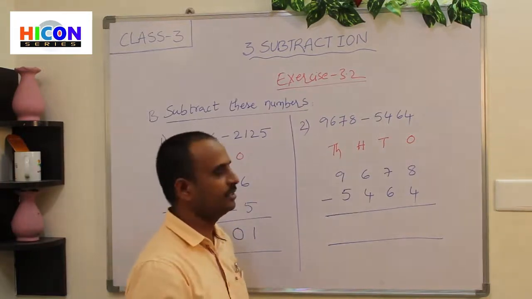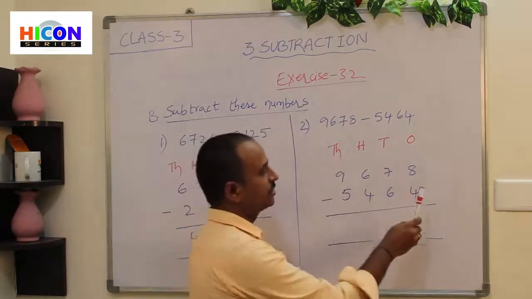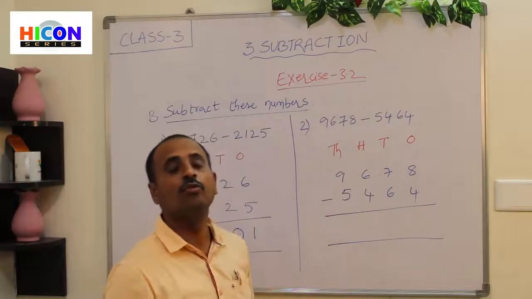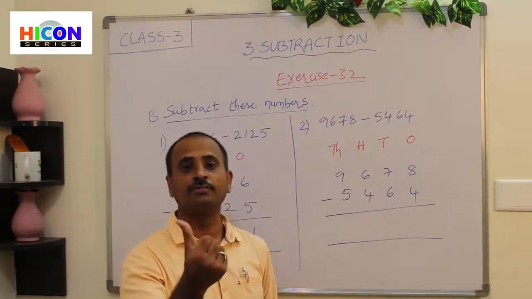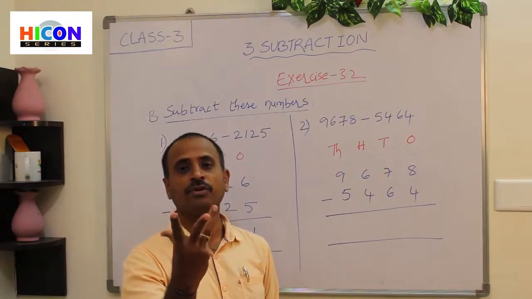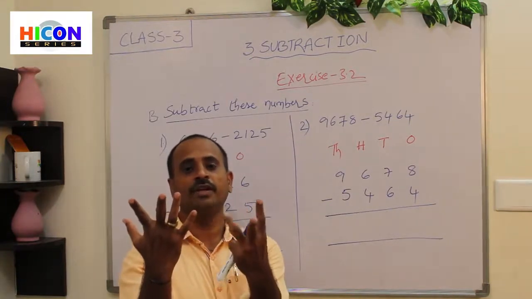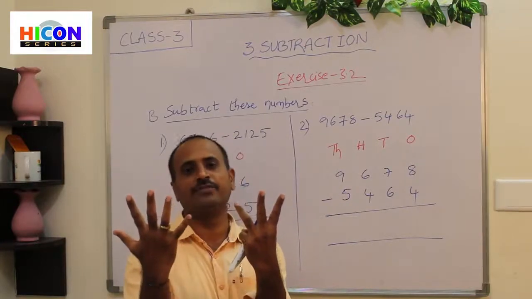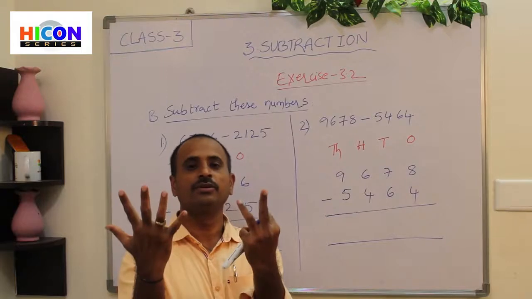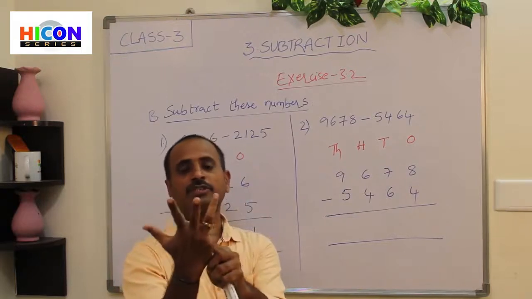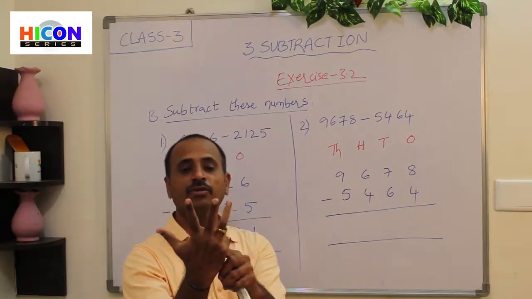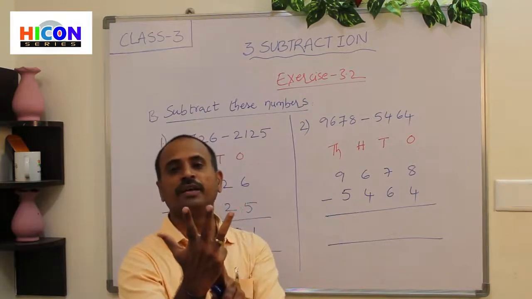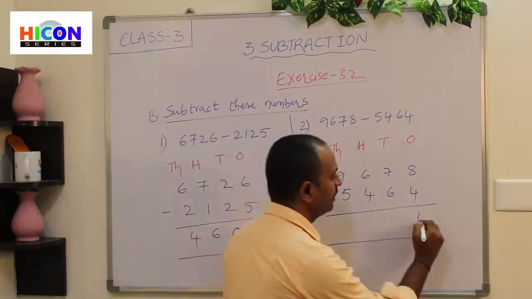So let us start subtraction. Go to ones place, start subtraction from ones place. What is the first number in ones place? 8. So open 8 fingers of your hand. 1, 2, 3, 4, 5, 6, 7, 8. What is the second number? 4. So close 4 fingers among these 8 fingers. 1, 2, 3, 4. Children, how many fingers are remaining there? Count: 1, 2, 3, 4. There are 4 fingers remaining. So write 4 under ones place.